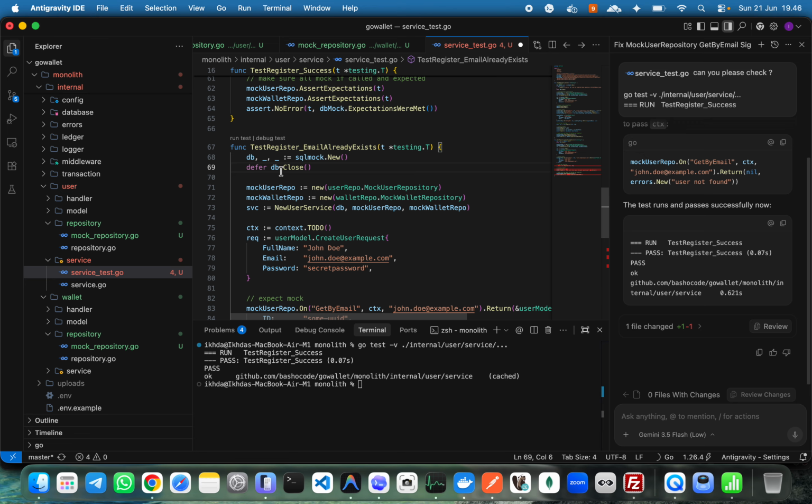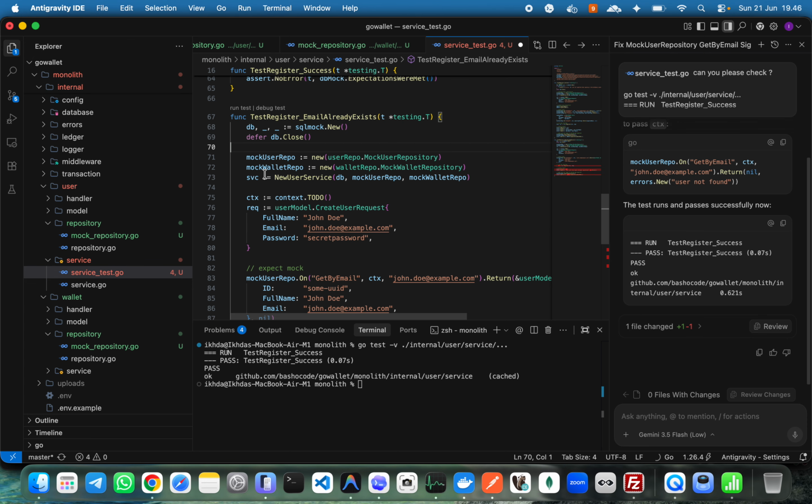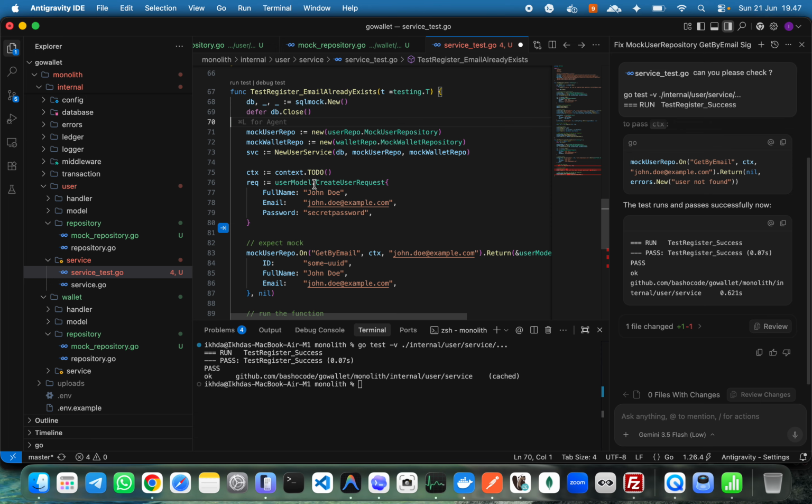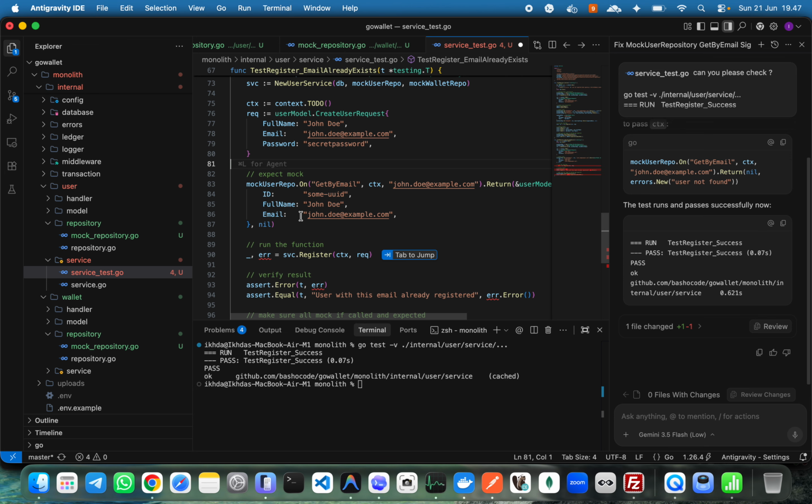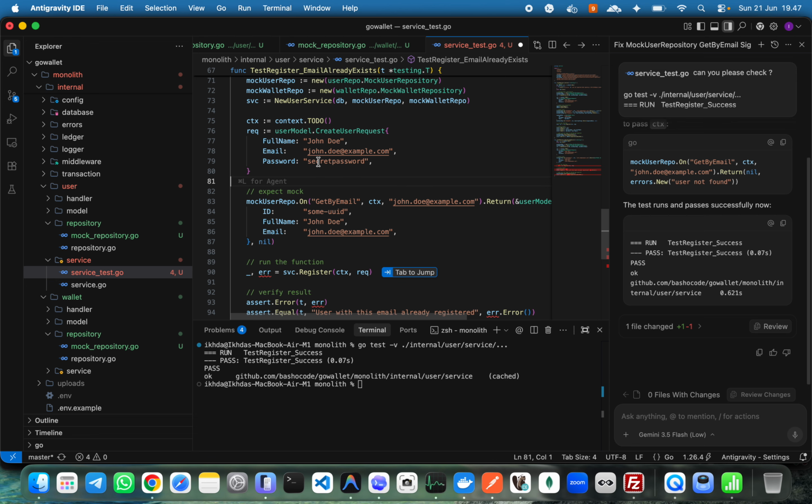We don't need this one. We make it simple. Mock user, new user, mock user repo to do, create user, John Doe, example expect mock, and user, existing user. We should have